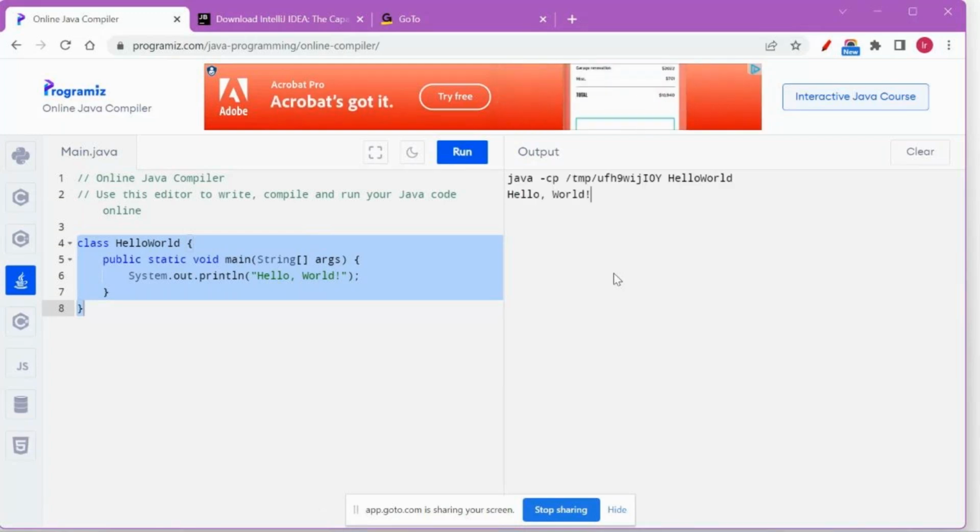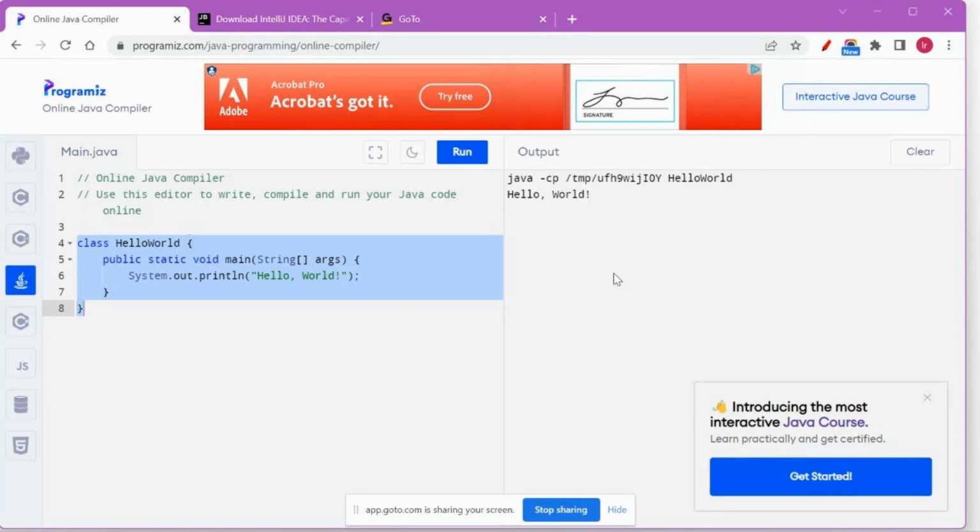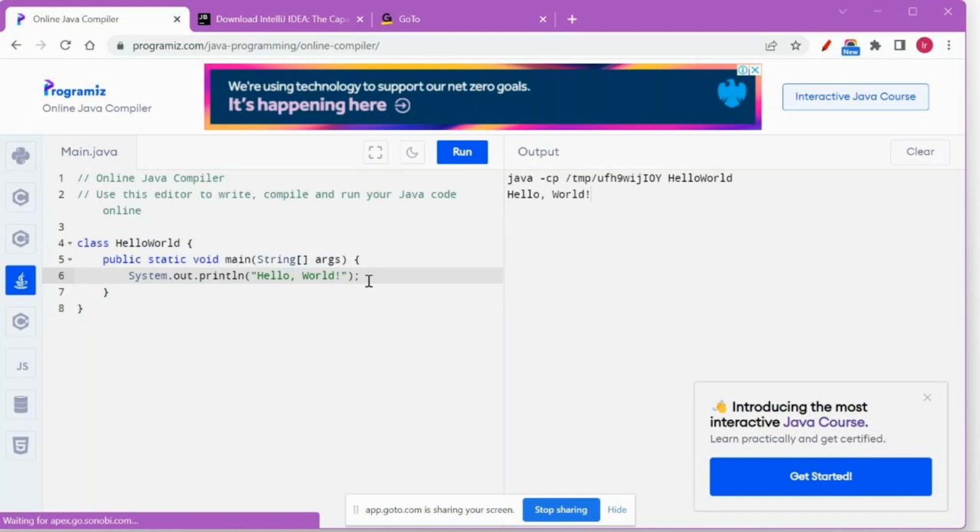Not only this one, there are so many providers available for online compilers. You can very well use them. If you don't have a laptop, if you don't have a dedicated machine for your practice, no worries at all. You can use the online compiler. Here you can type your code, you can execute, and you can see the result.